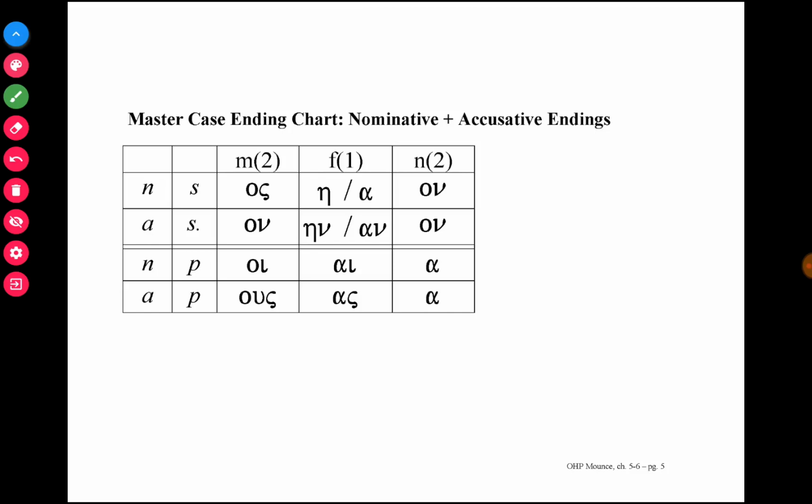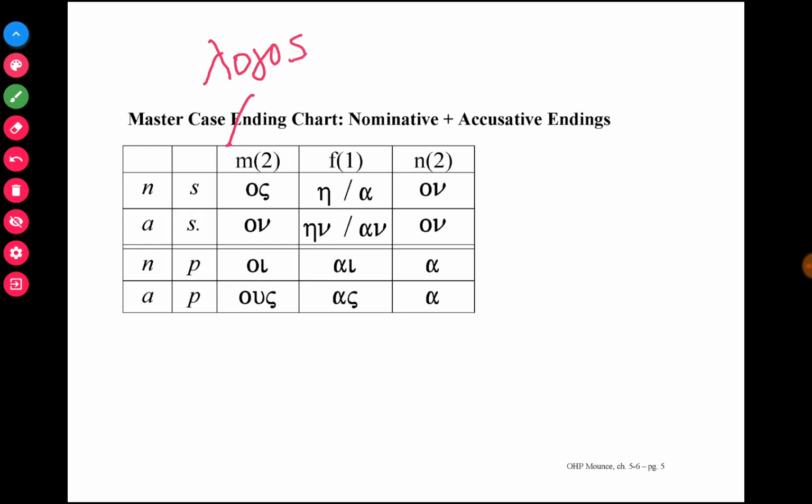So what does the master case endings chart look like when we use the traditional method and not Mounce's method? Mounce's method is going to be different. If you look at the textbook, he has a different chart than the one I've listed here. What I've done is I simply added the stem vowels to the case endings, and we're going to memorize the noun endings this way. So if we have, for example, a masculine noun like logos,